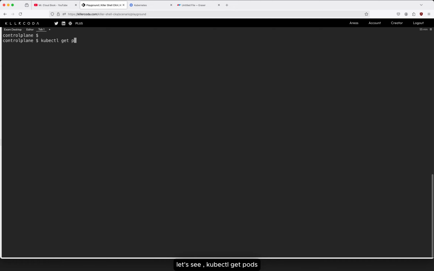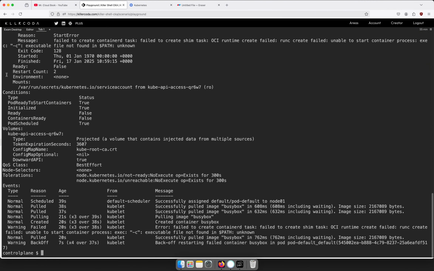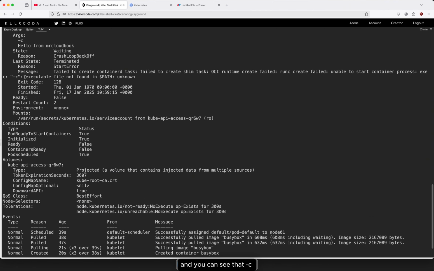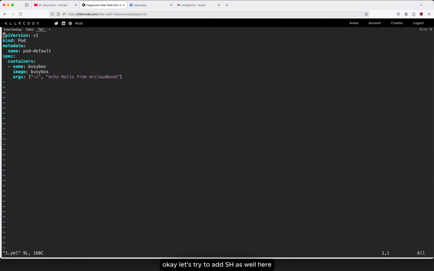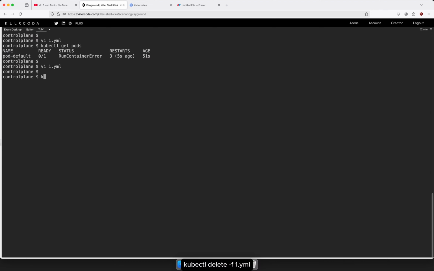kubectl get pods. So describe it, kubectl describe pod, and enter. And you can see that it failed to create a container path. We are using this, and you can see that -c executable file not found. Okay, this is the main issue. Okay, let's try to add sh as well here. Sh. Okay, come out of it and kubectl delete